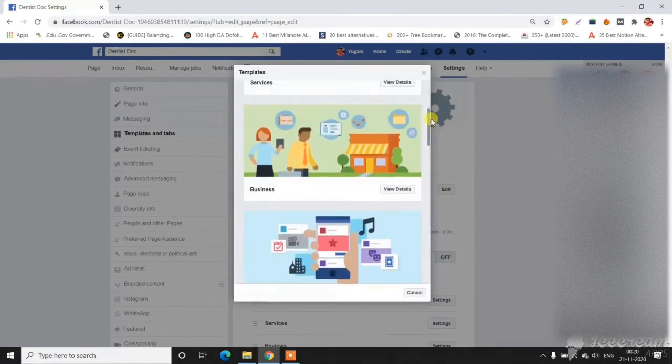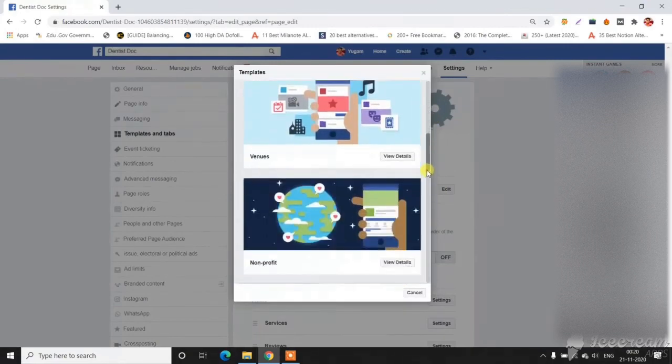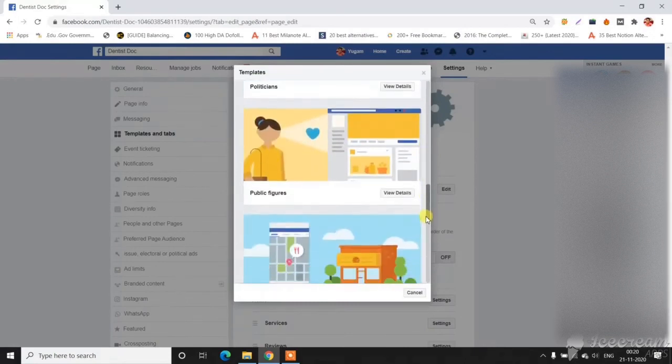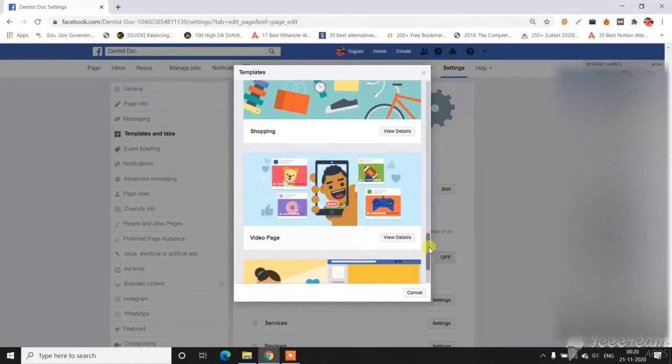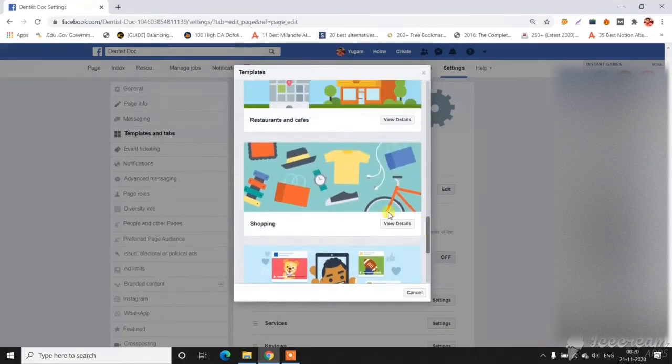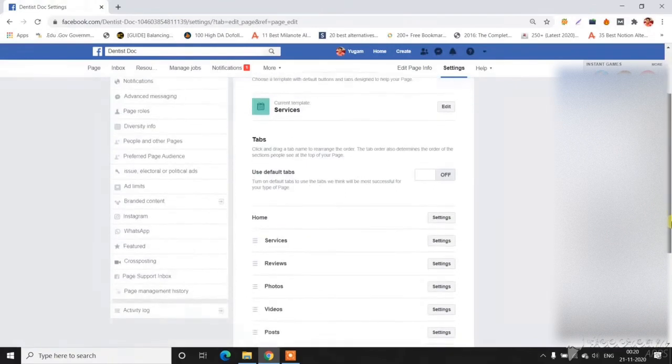If you want a business template, you can choose it. If you want to promote your page through videos, you can create a video page as well. If you want to sell some products, you can choose a shopping template as well. So it depends upon you what your business is all about. Okay, after this step, if you want